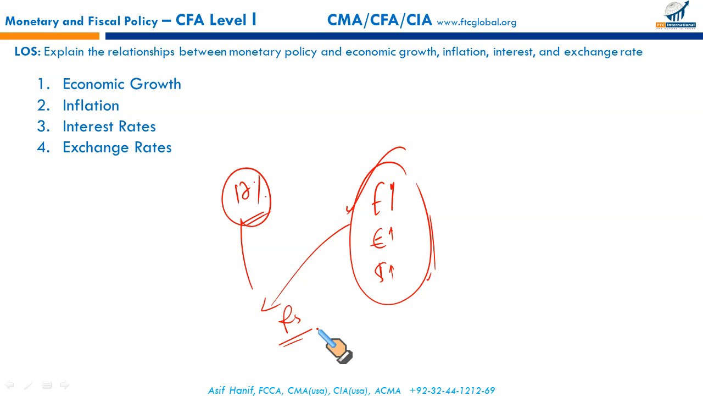Next we have the next LOS, determine whether a monetary policy is expansionary or contractionary. Okay, first, expansionary policy. Expansionary policy is intended to increase the supply of money and the lending activity. How is it done? When the government buys securities,